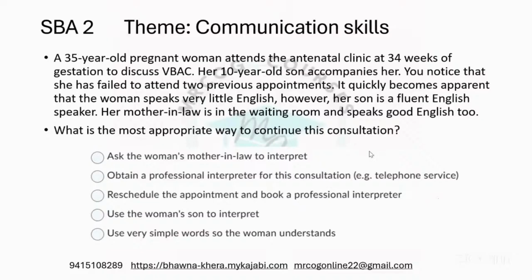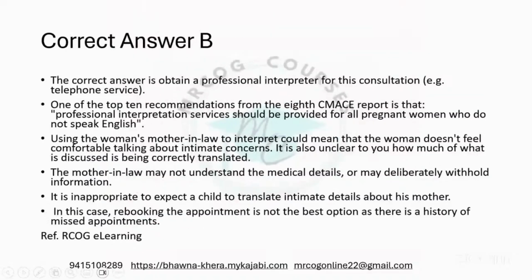So no. Ideally, it should always be the professional interpreter. So professional interpretation services should be provided to all pregnant women who do not speak English. This is a dictum, and this stands true for